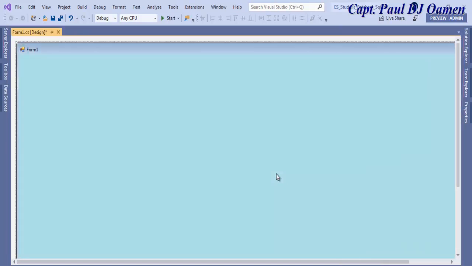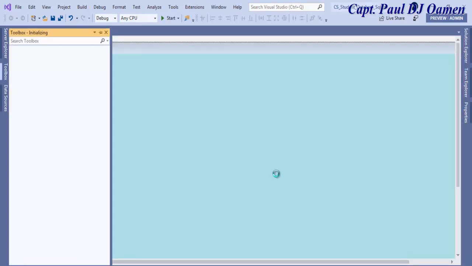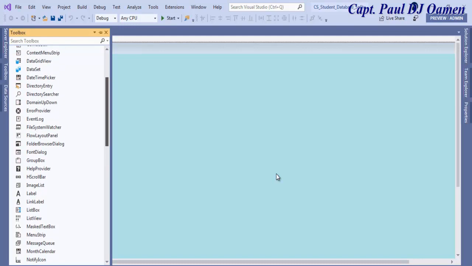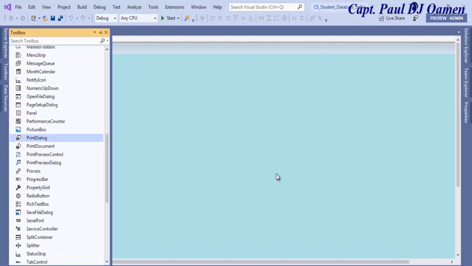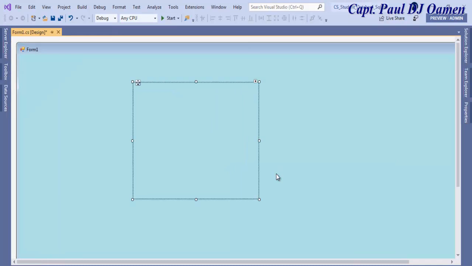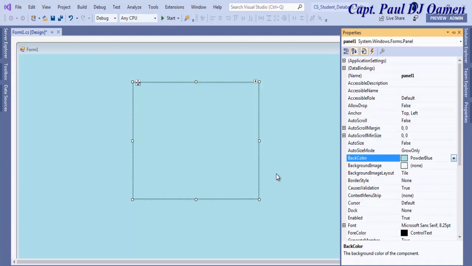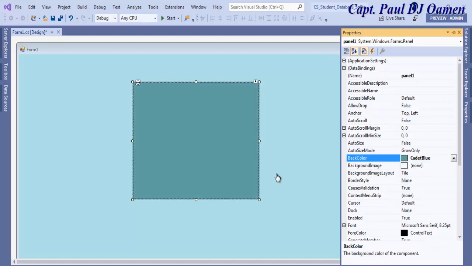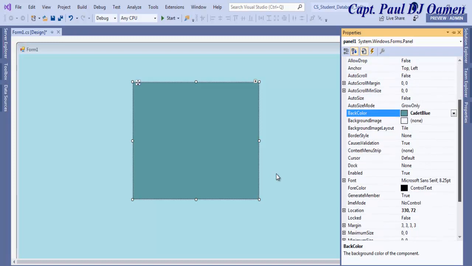There. So the next thing now is I'll go back to the toolbox and let's select panel. Let's see if we can find a panel there, and there we go. That's my panel right there. I will now change the back color of that very panel to cadet blue. There we go. And let's set the size of this panel to, let's see,